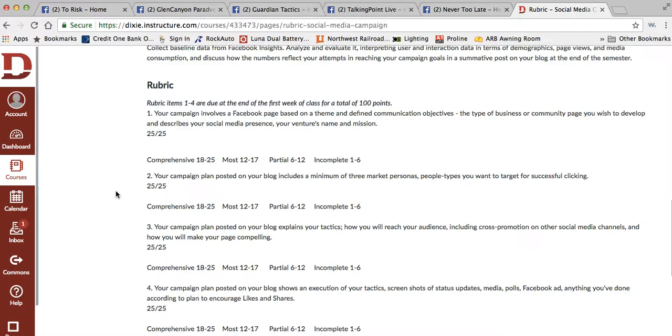Number 3, your campaign. I don't need you to post it on a blog, but you're going to post this in Canvas, okay? That explains your tactics. How are you going to reach your audience, including cross-promotion, but are you going to use video? Are you going to repurpose other media that you're finding? Are you going to use images? Are you going to write a lot? Are you going to develop a voice or a persona for your company or for your cause, or whatever it is that you're going to do? I want to know what your plan is,